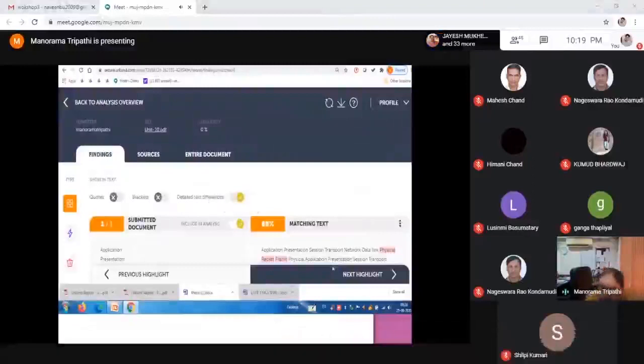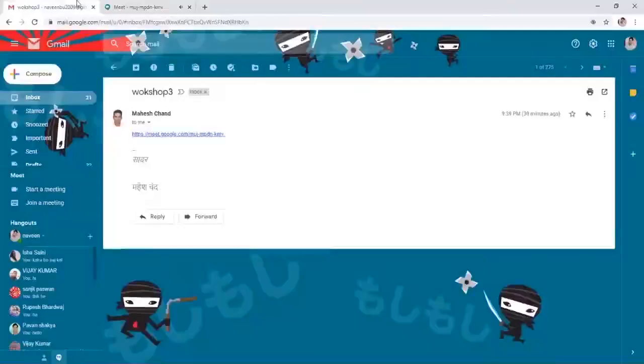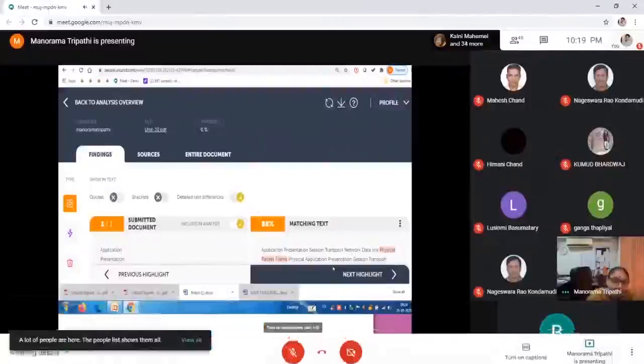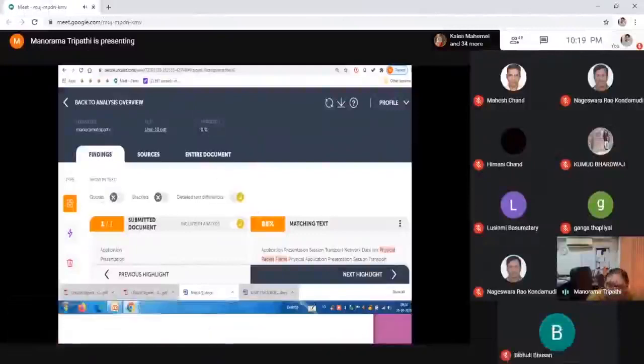Then once you have submitted, after some time you will get the report. It shows in text, quotes, brackets. That means quotes and brackets have been excluded, but detailed text differences it will show.